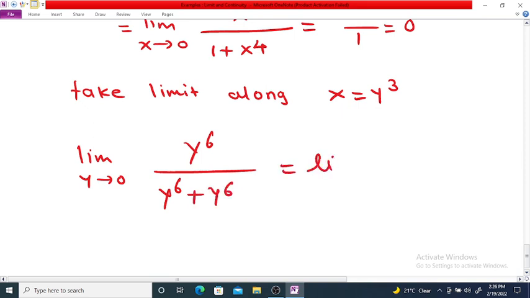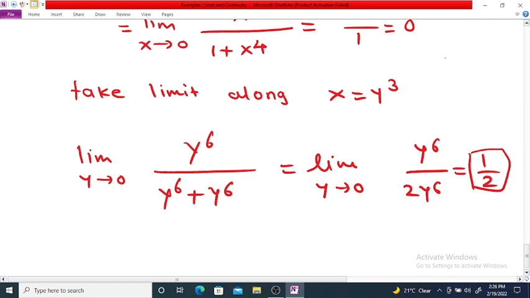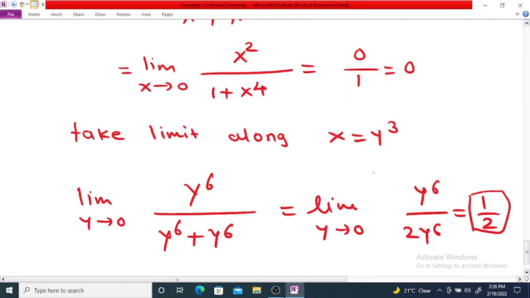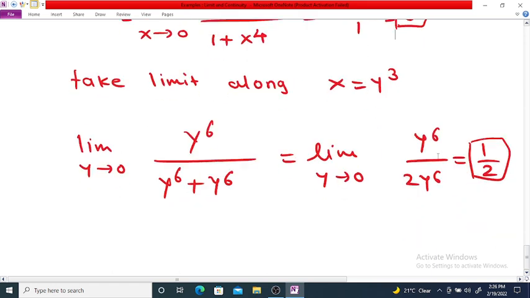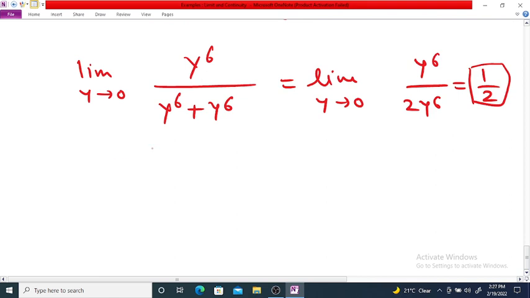This is equal to limit y tends to 0, y^6 divided by 2y^6, which is equal to what? 1 by 2. So along the two different paths we get two different limits. Along the first path, y equal to x, the limit is 0. Along the path x equal to y cube, the limit is 1 by 2, and therefore along different paths